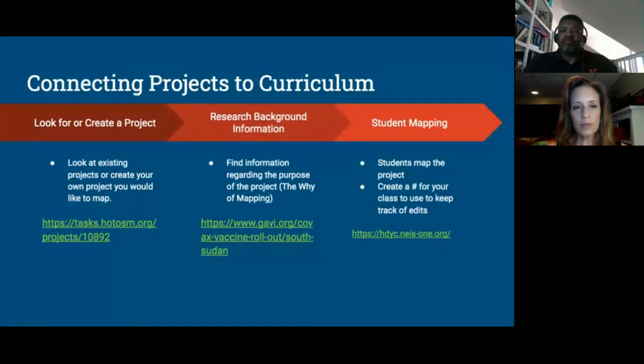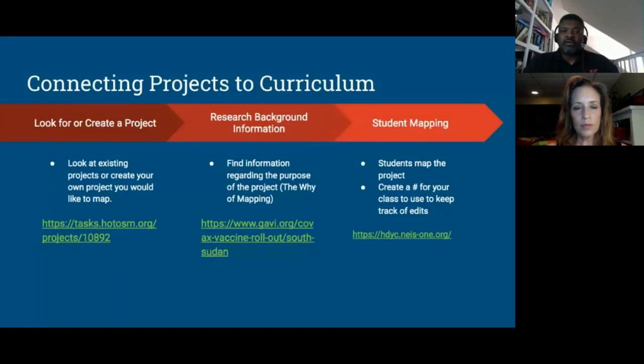And so it clicked with these kids when they started the map that, oh, okay, this is why we need to do it. Once the students start mapping the project, it's really cool if you create a hashtag. This way you keep track of the edits. That's one easy way you can do it. And then also you can do it with another tool, How Did You Contribute to OpenStreetMap, which I will show you here using my